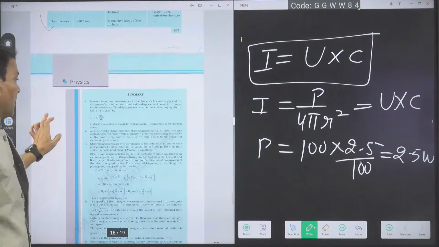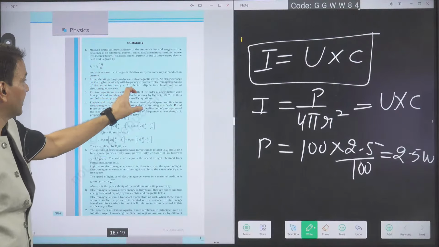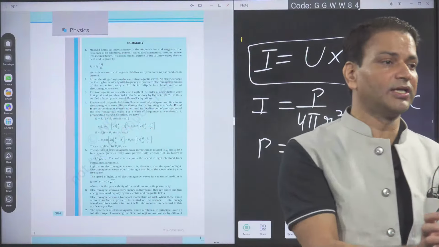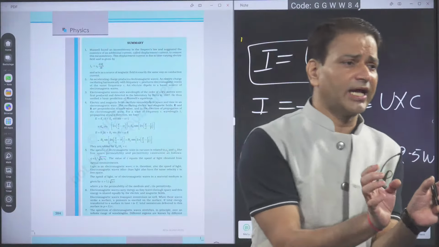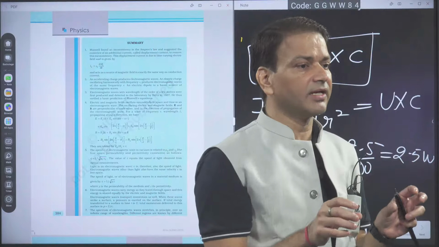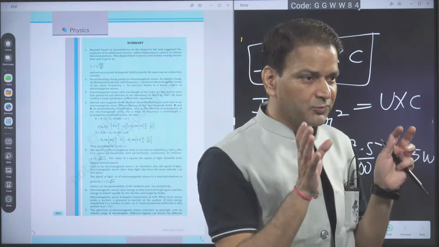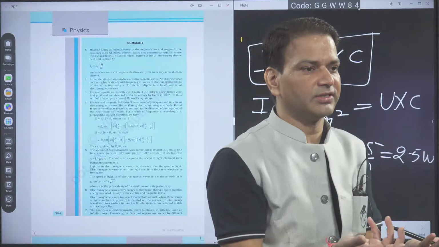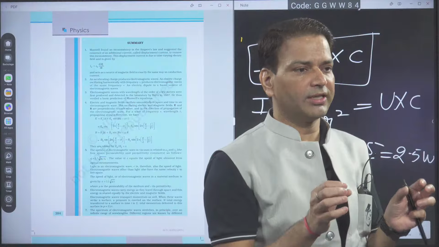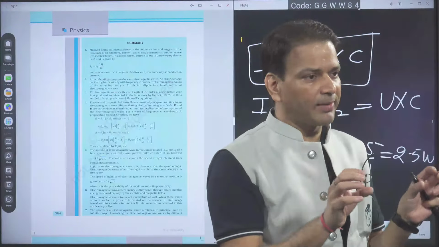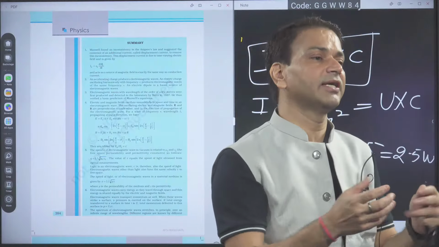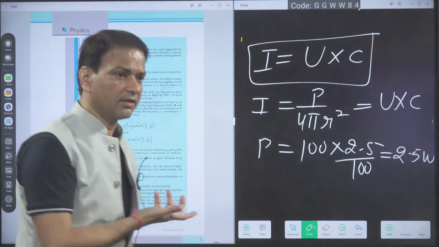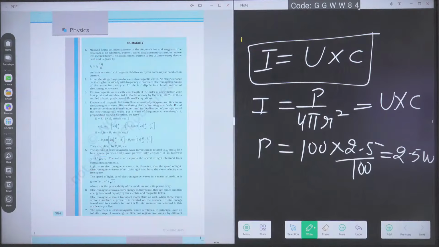One thing in this they have given: an electric dipole is a basic source of electromagnetic wave. Remember what I said. Electric dipole means positive and negative charges are there, and everything in the universe is vibrating, so nothing is at rest. Even the perfectly solid also, the atoms are vibrating with their frequency. So when we have the dipole, the positive and negative charges are vibrating, which means they are oscillating charged particles, and oscillating charged particles produce the EM wave. So the basic source of the electromagnetic wave is the electric dipole, that you have to remember.